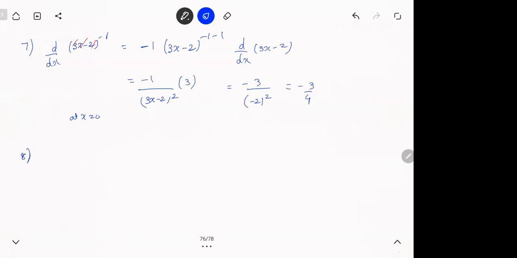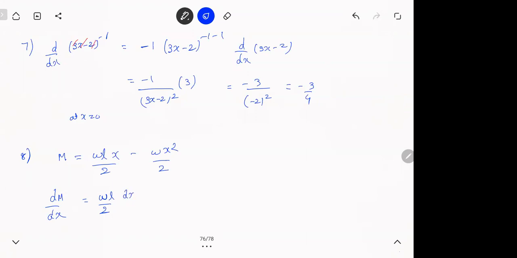Eighth one. See, he wrote all the story, moment and all. It doesn't matter. We don't care actually what m and everything is. But I know m is w L x by 2 minus w x square by 2. He is asking find the minimum value of m. So for the minimum of m, dm by dx, first thing you have to do this. Here w and L are constant. So this will be 1, dx by dx.